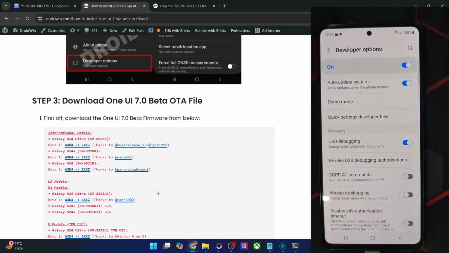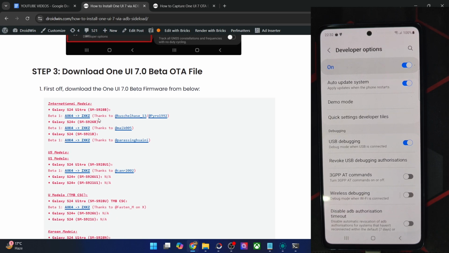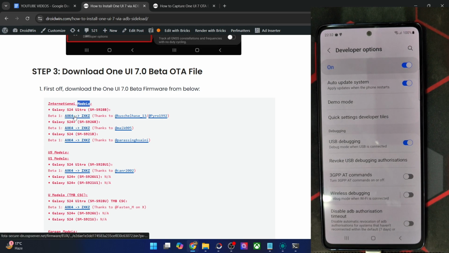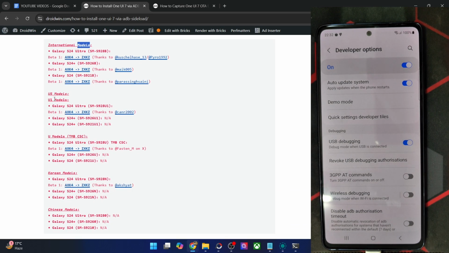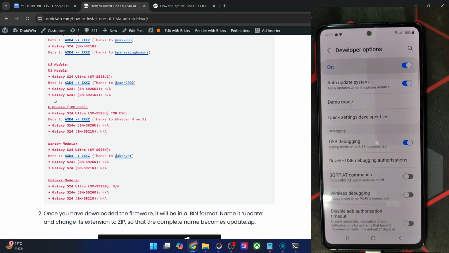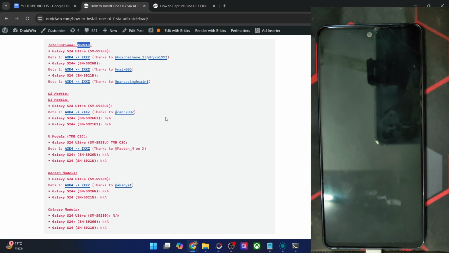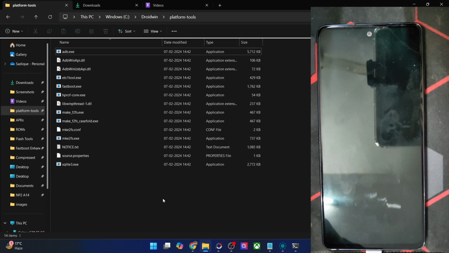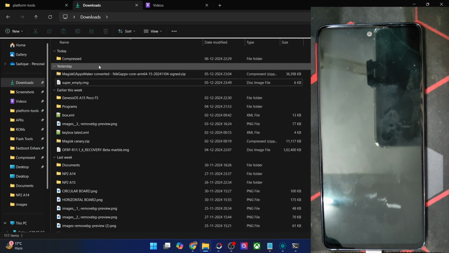So now you will have to get hold of the One UI 7 beta OTA file. I have shared some of the links for the Samsung Galaxy S24 Ultra. So depending on your region and more importantly the CSC code, you may download the file accordingly. We will update the section as and when we get more files, so keep a tab on this section at regular intervals. So with that said, once you have got the update file, it will be something along the following lines.